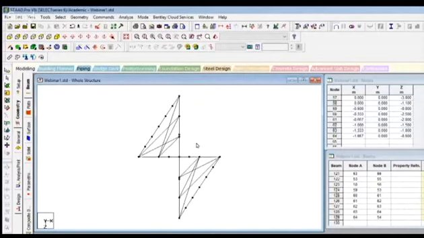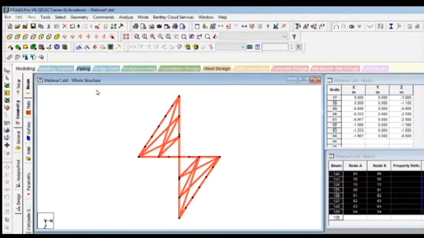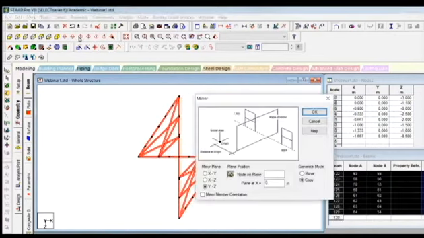Now we will have a mirror. Suppose you're placing a mirror here in this axis. So this structure will get replicated here. So select the entire structure, go to the mirror command. Now you need to insert the mirror along a plane. Since this geometry is in the XZ plane, either you could have your mirror in the YZ plane, which will be this plane, or the XY plane, which will be this horizontal plane.